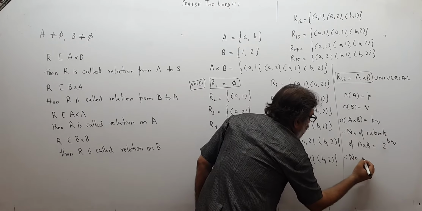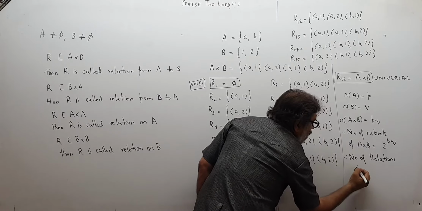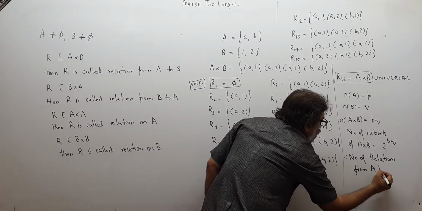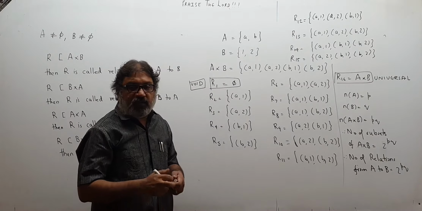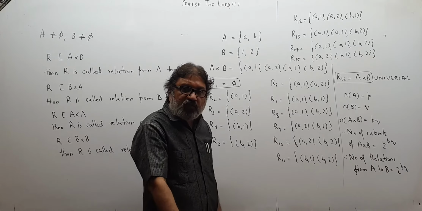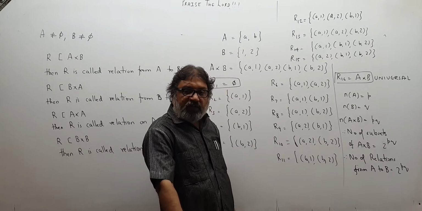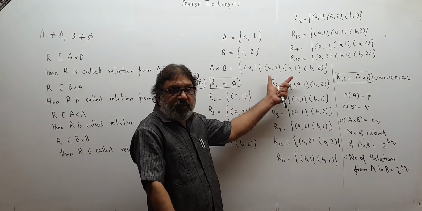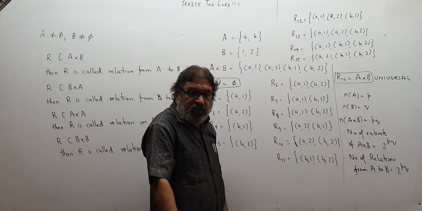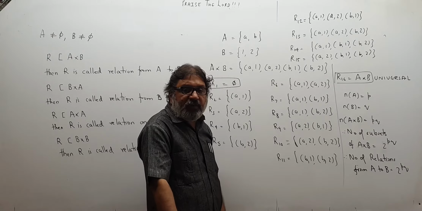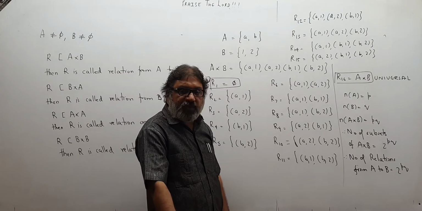Therefore, number of relations from A to B will be 2 raised to PQ, because whatever are the number of subsets of A cross B, that will be the number of relations from A to B. A cross B had 4 elements, 2 raised to 4 is 16, and we can easily construct 16 relations like this. So if A has got P elements and B has got Q elements, we can make 2 raised to PQ relations from A to B,